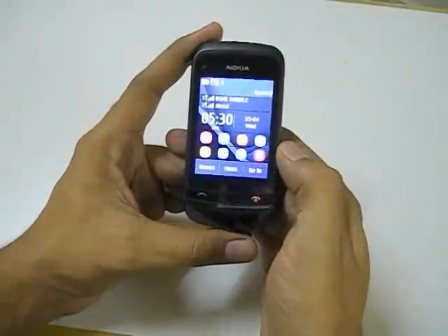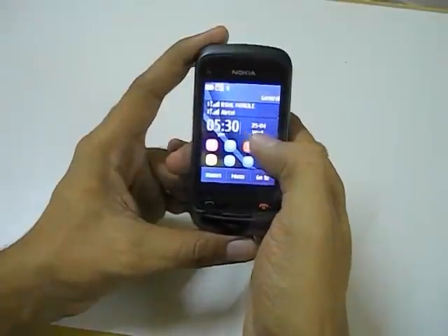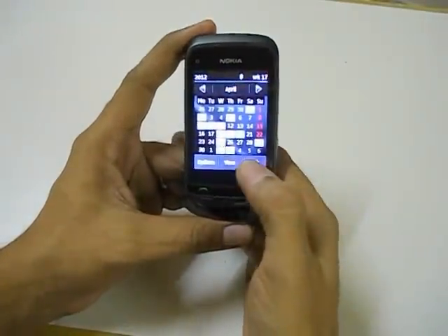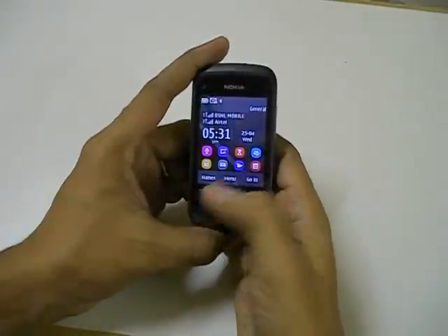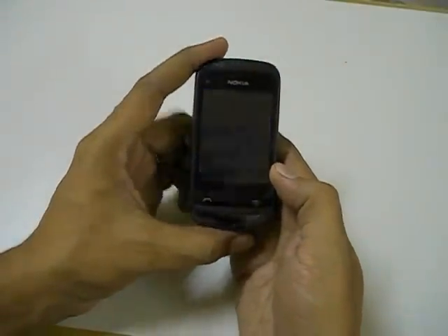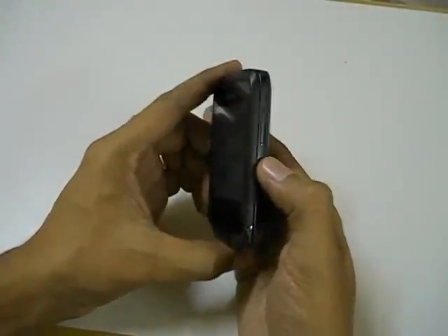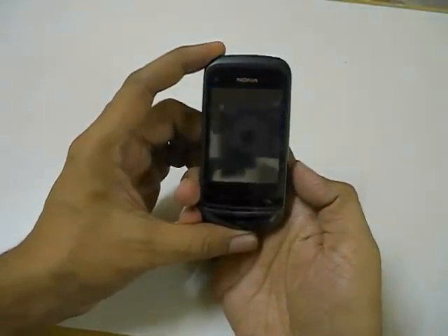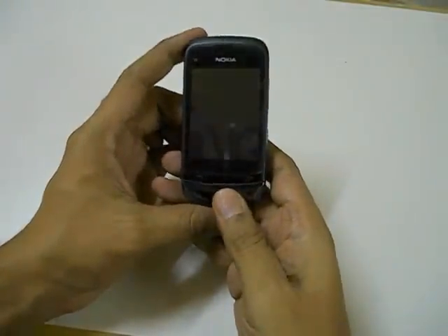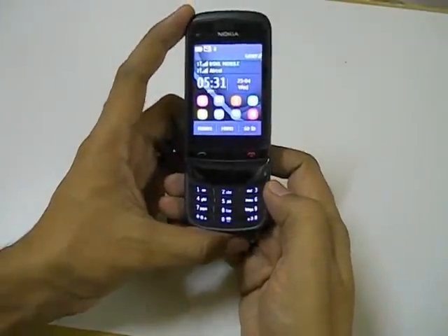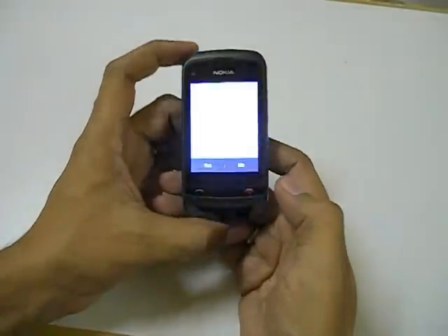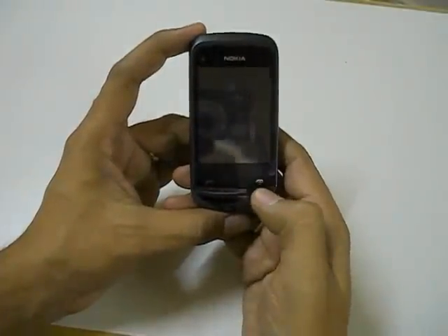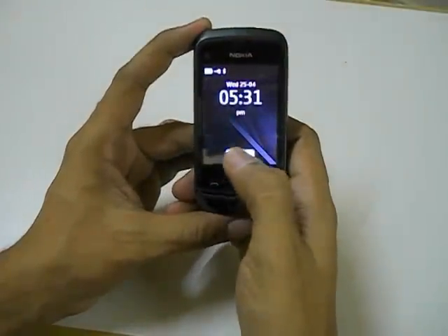Then to access calendar, we can click on the calendar, click on the date, and it will display the calendar. To unlock the phone, there are 3 different ways. First one is of course the slide unlock key on the right side of the phone. Slide it down to unlock, slide it again to lock. Second one is to slide the slider, open the slider. Then the third one is to use the call end button and then touch the unlock key on the screen.